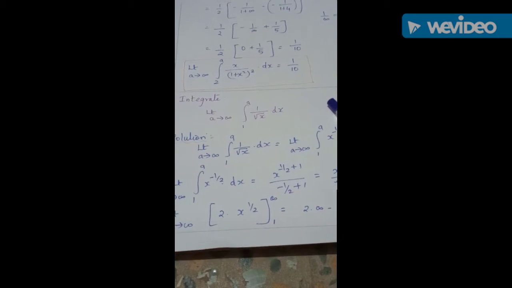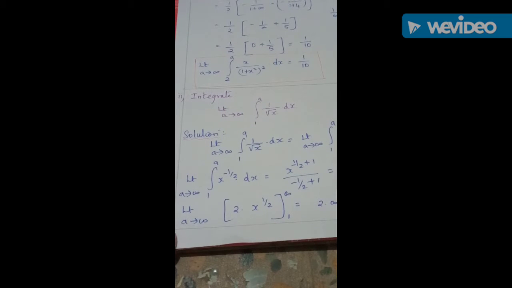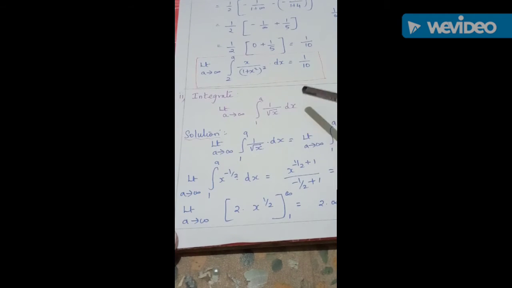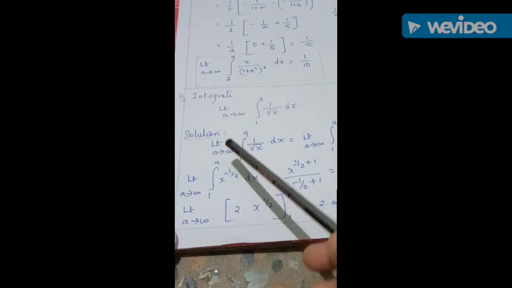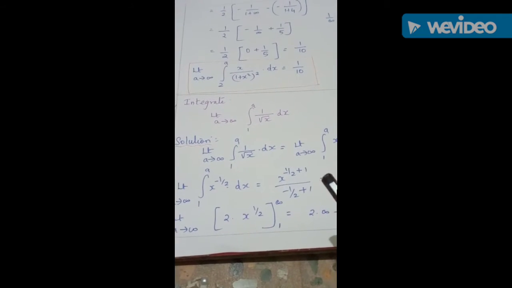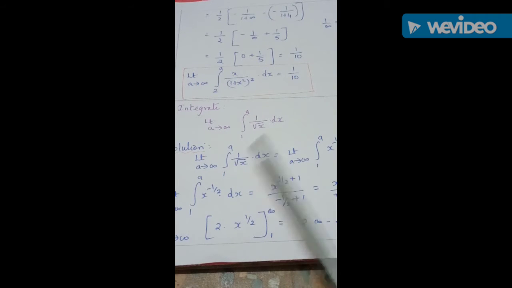In the second part of the second one, integrate limit a tends to infinity, integral of 1 to a, 1 divided by root x into dx. We have to solve this. Solution: limit a tends to infinity, integral of 1 to a, 1 by root x dx. We can write 1 by root x as x power